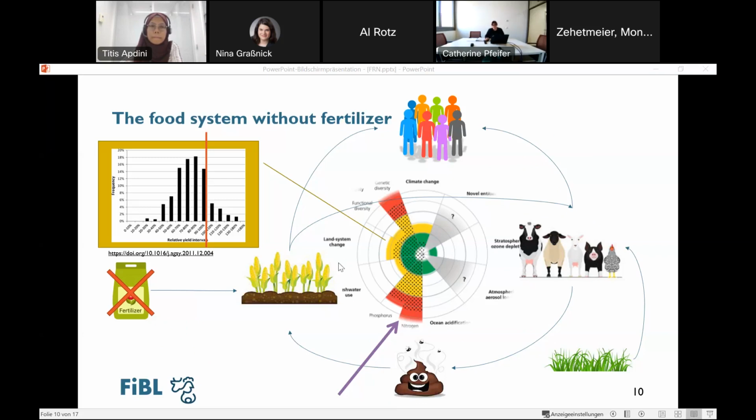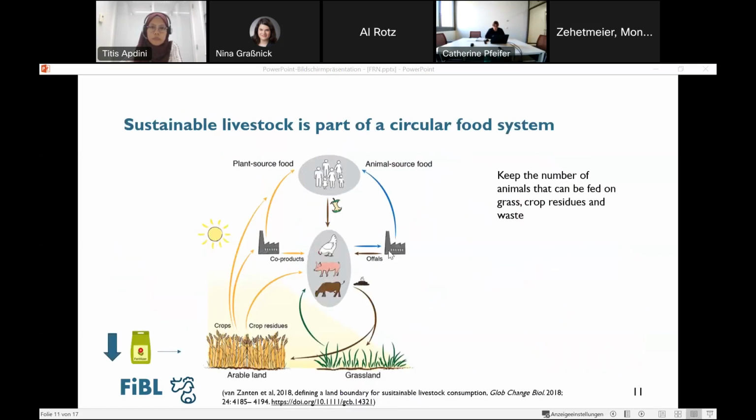And as we see here on the planetary boundary, we are already exceeding, and much more than climate, the land use that is required for our food system. So I also think just going organic will not work, and therefore we actually use the concept of circular food